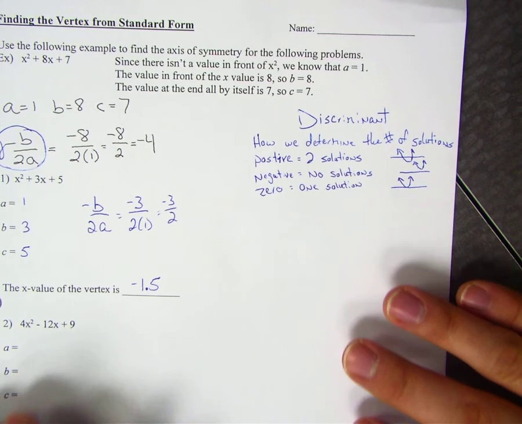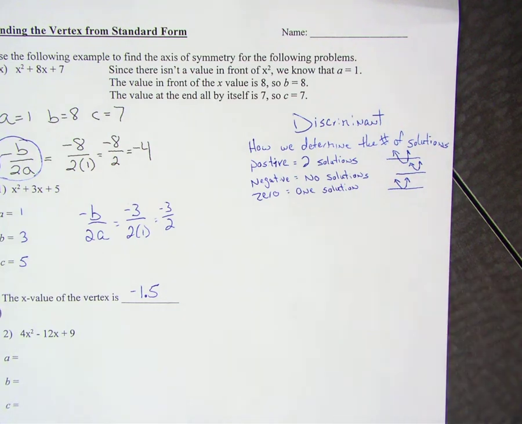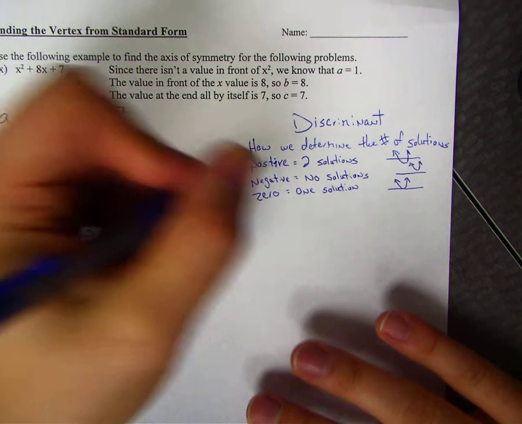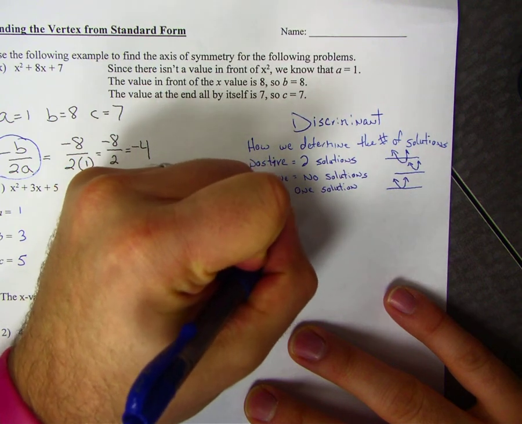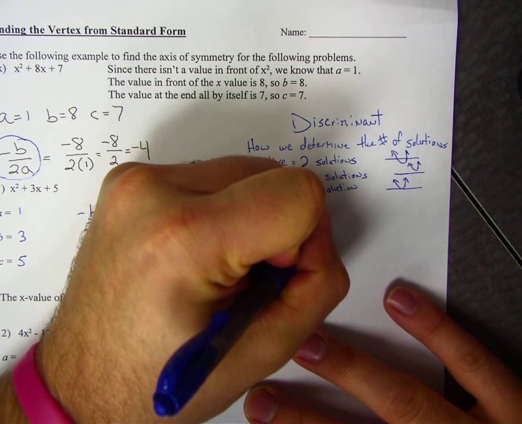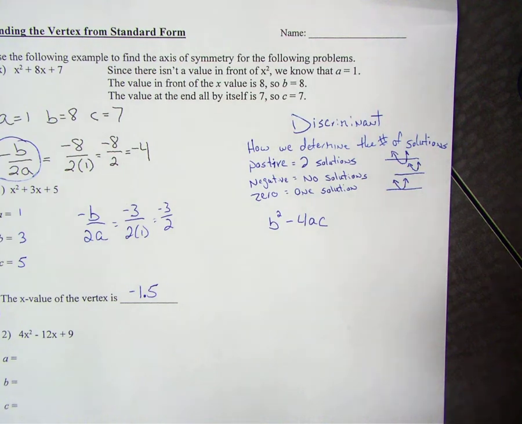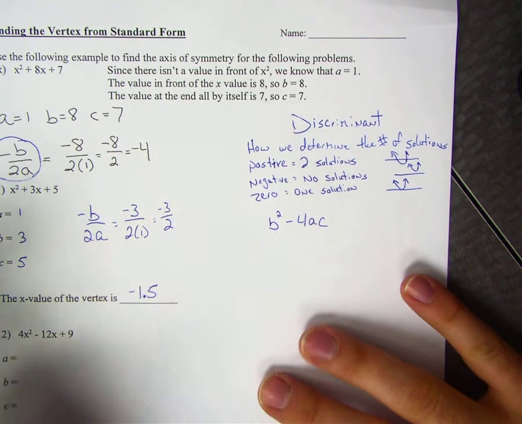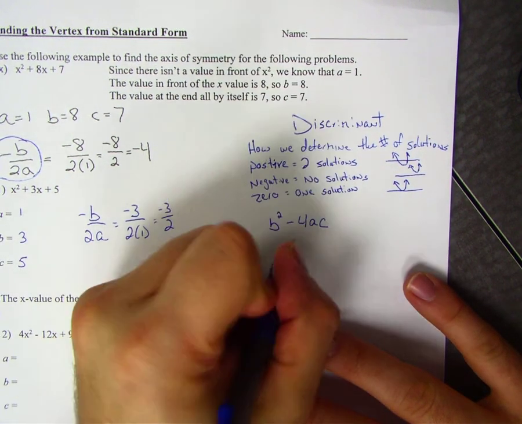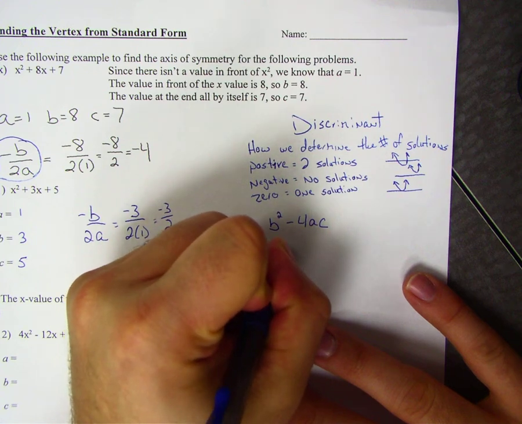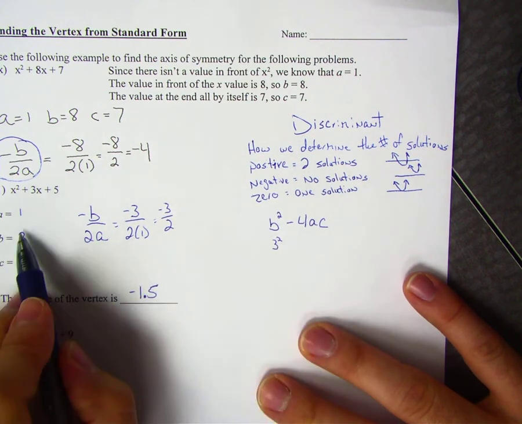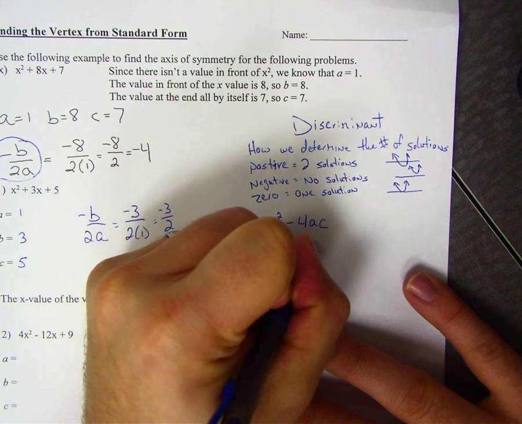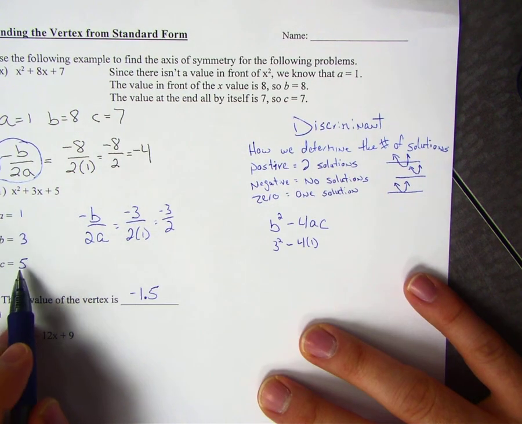So the discriminant is just b squared minus 4ac. So let's write that out. B squared minus 4ac. Okay. And now all we've got to do is plug in our values. B is 3, so we'll put 3 squared. And A is 1, so minus 4 times 1. And then C is